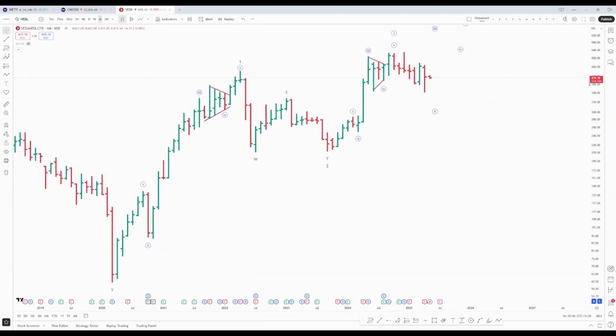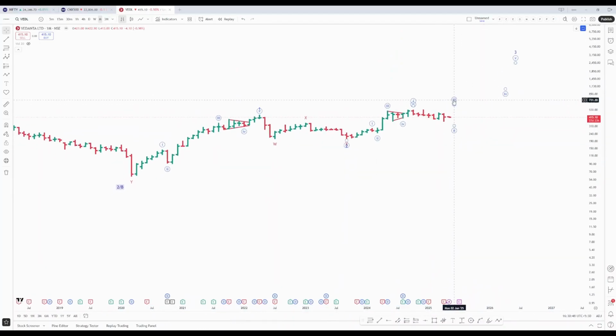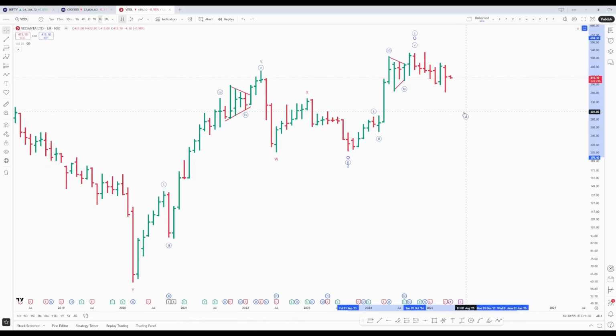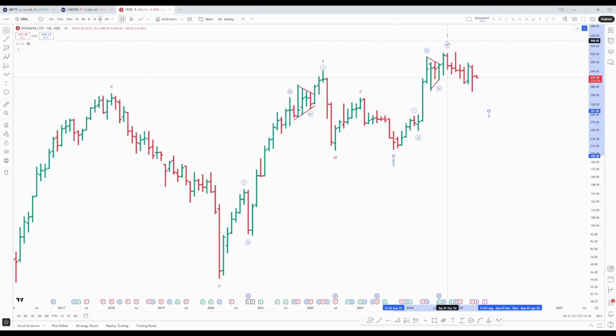So let me, so this third, wave 2 of this 3 is going on, or it is probably about to get over, because it has done almost wave 4 level retracement. Okay, so this one, let me mark it 1 degree higher, so we know this is a